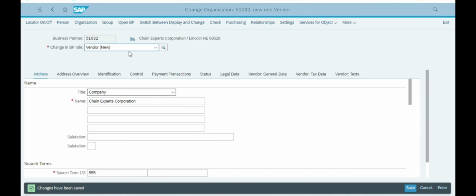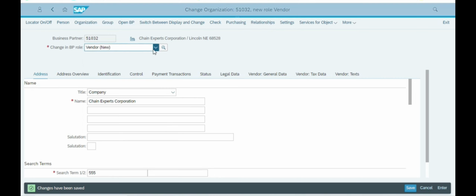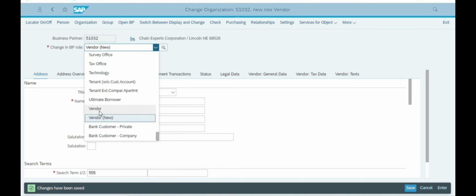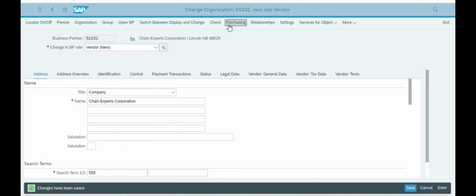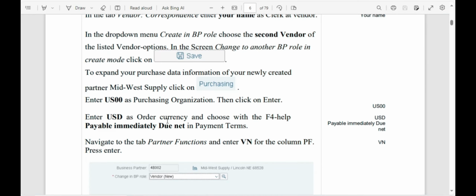Okay, so the second one pala. Okay, the second vendor. Okay, so this is the two vendor. Click this one here. Okay, so this is the same, right? Okay, so it's very confusing. So let's, once you use it, just choose the second vendor. Okay, so then let's click purchasing. Okay, so on the purchasing,